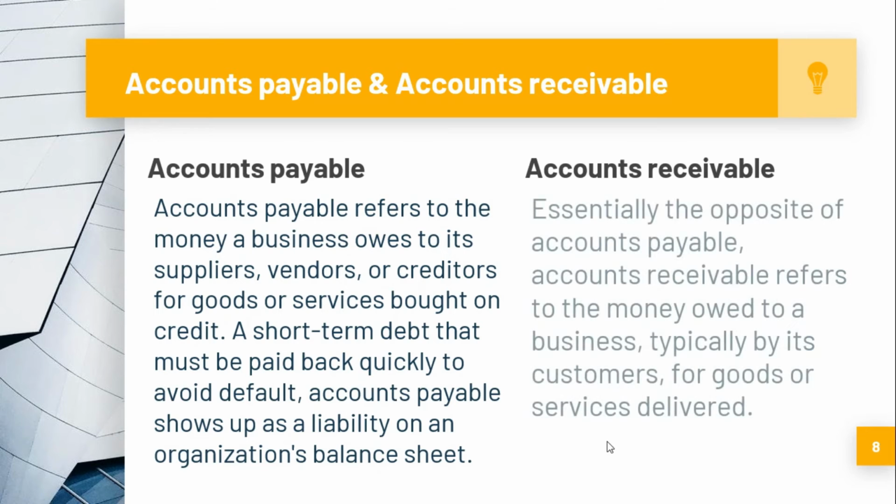Next is accounts receivable. We can say that accounts receivable is opposite to accounts payable. In accounts payable, we are liable to pay money to our suppliers, whereas in accounts receivable, our customers are liable to pay money to us. That is, our customers have bought products on credit from us and will pay back to us later. The money which we have to receive from our customers in future is known as accounts receivable.